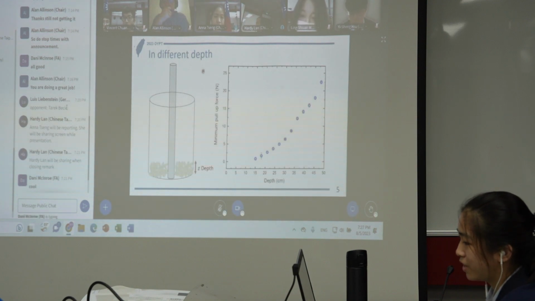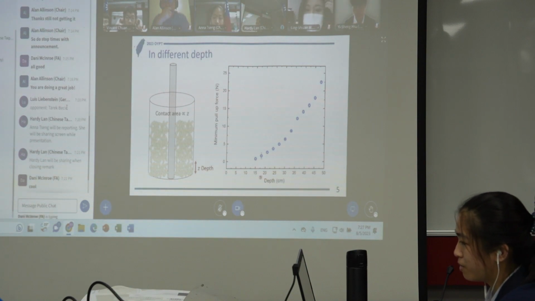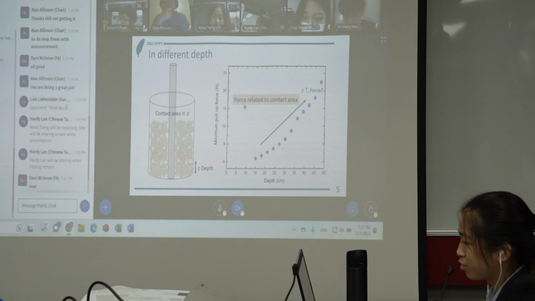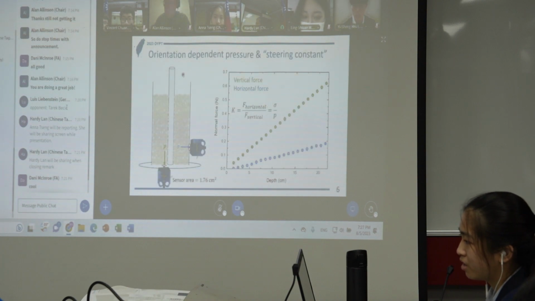And here is an observation at different depths. As the depth increases, the contact area will increase. And here are our experimental results. We can see that as the depth increases, the force increases, so in our experimental situation, force is related to contact area. For the orientation-dependent pressure and the steering constant, we use the force measurement to measure the normal force